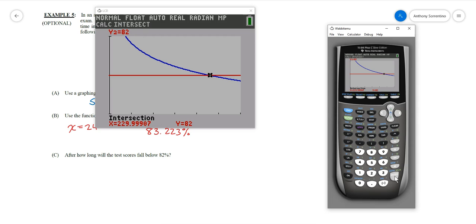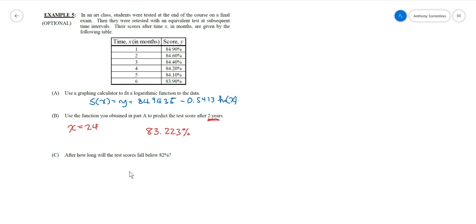Now, what I could have also done is do this algebraically. If I have this function right here, now I'm using 4 decimal places, so it might be off a little bit when I do my calculations. I'm looking to see when 84.9435 minus 0.5413 times the natural log of x is going to equal 82, and then I would round up to, obviously, say, okay, well, after that it should probably be below that. So I subtract 84.9435 from both sides,